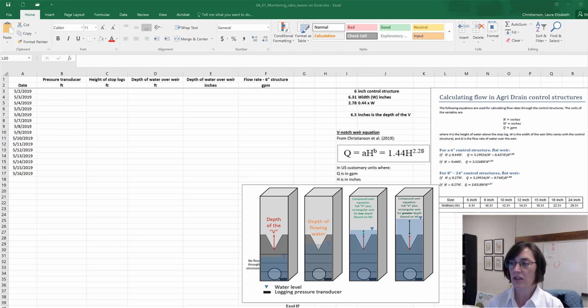Some researchers and practitioners program Excel automatically to decide which Weir equation to use. Colleagues in this field use user-defined functions or write macros using Visual Basic for Applications. I don't do that specifically for my lab group. That's an intentional decision to not use user-defined functions because when you do that, it hides all of the decisions. So there's no way for a student to understand the decision points that need to be made when you're using a variety of different Weir equations.